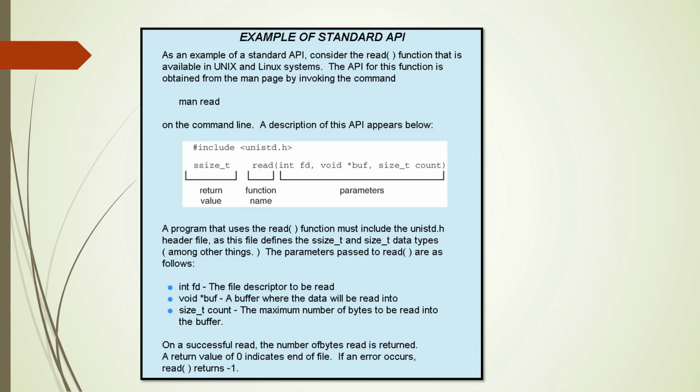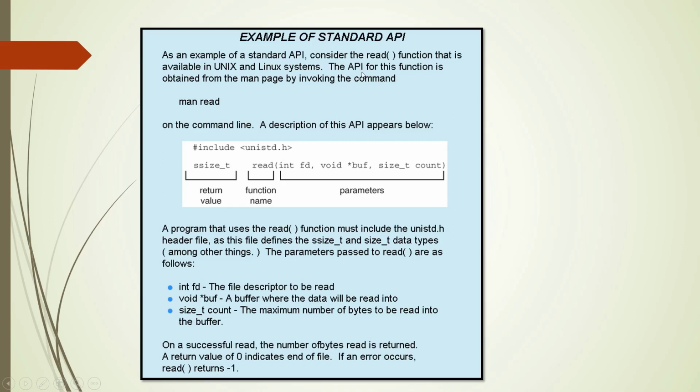As the user of the program, or the application programmer, the user is unaware of the complexities involved in a system call. So the application program can use an interface to use the system call, and that interface is nothing but this API. I will repeat, if the application program wants to use the system call, it can do it with the help of this API, Application Programming Interface.